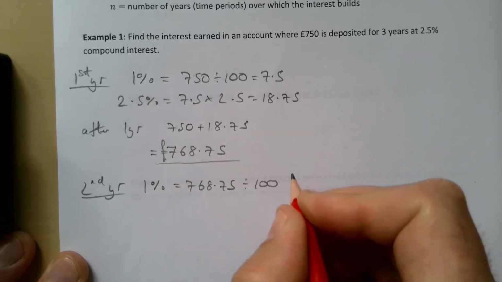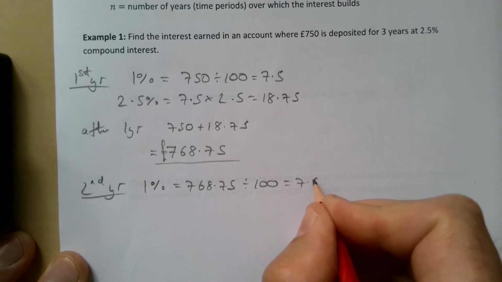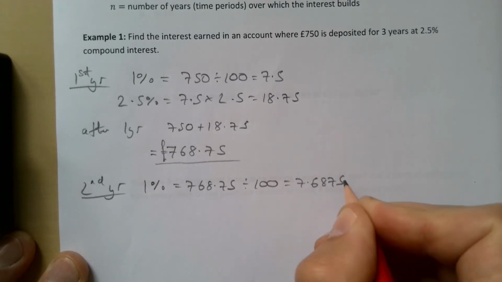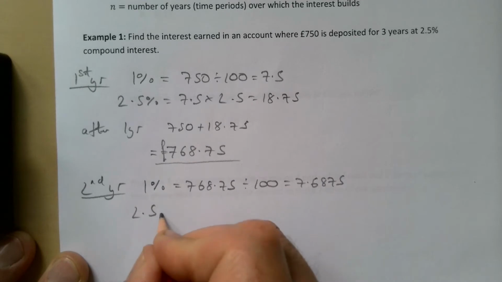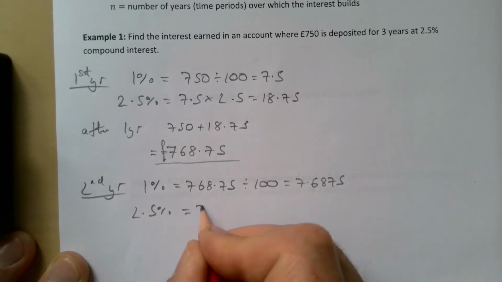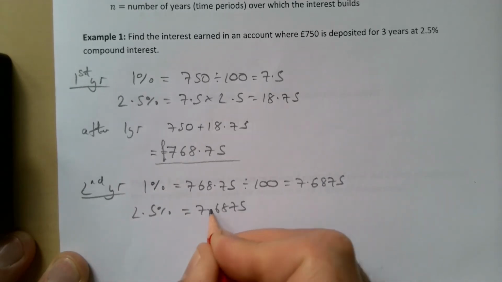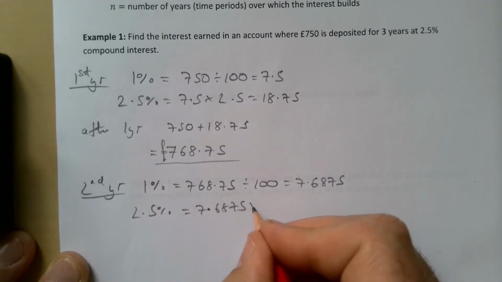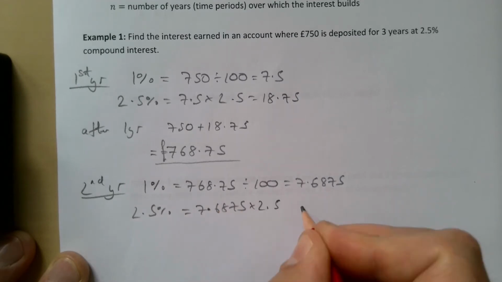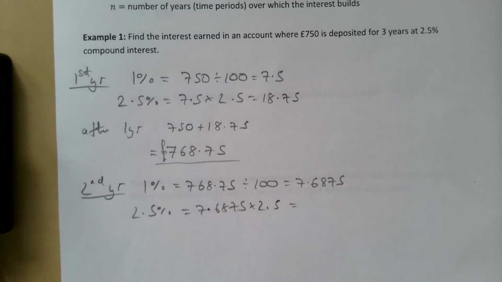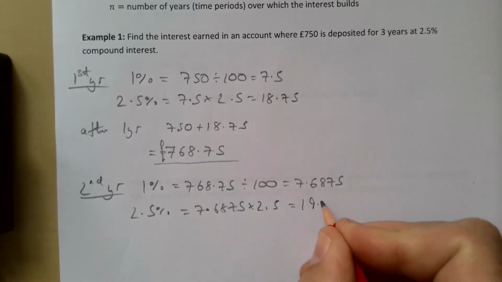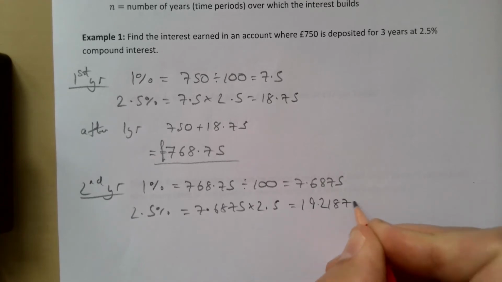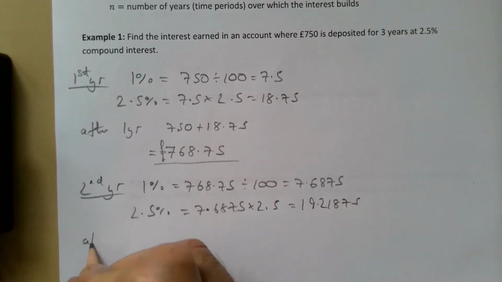I'll have to start rounding numbers soon here. 7.6875. 2.5% then equals 7.6875 multiplied by 2.5. This gives 19.21875. So that means after 2 years